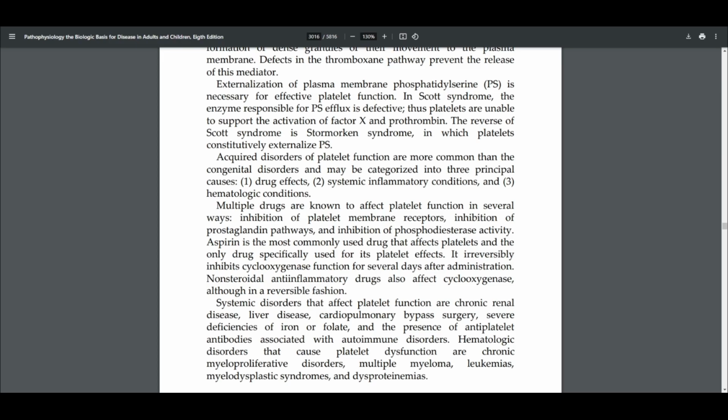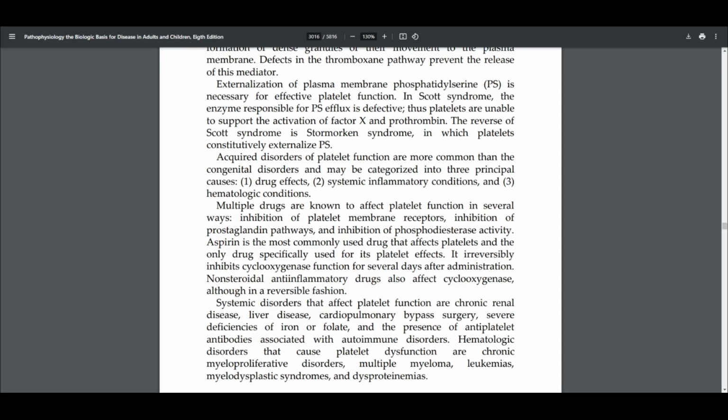Externalization of plasma membrane phosphatidylserine is necessary for effective platelet function. In Scott syndrome, the enzyme responsible for PS efflux is defective. Thus, platelets are unable to support the activation of factor X and prothrombin. The reverse of Scott syndrome is Stormorken syndrome, in which platelets constitutively externalize PS. Acquired disorders of platelet function are more common than the congenital disorders and may be categorized into three principal causes: